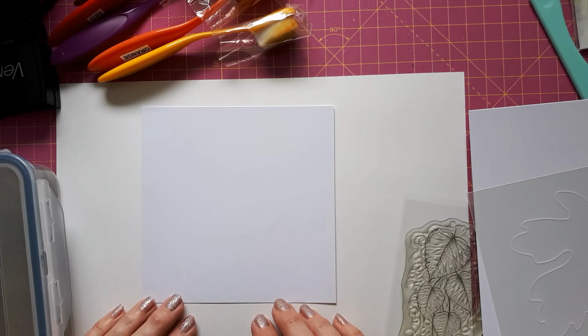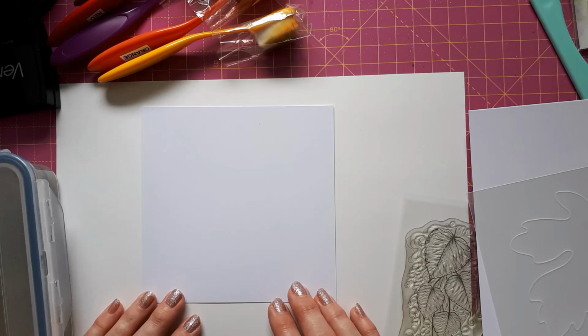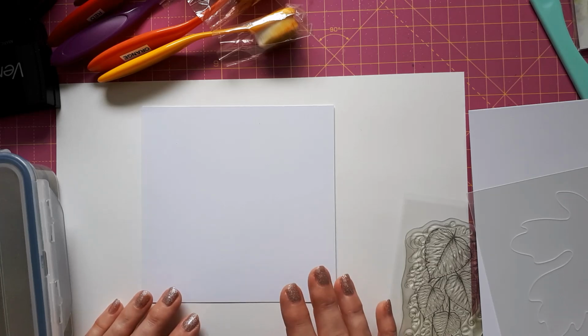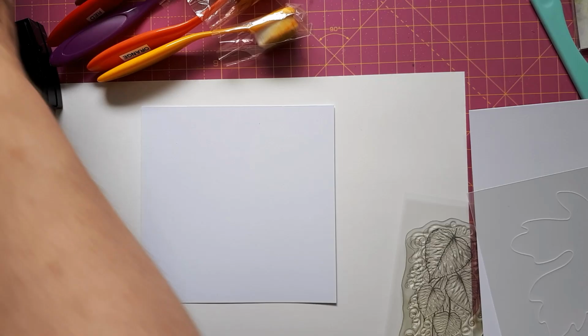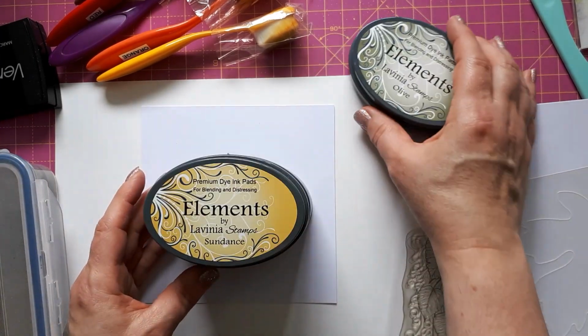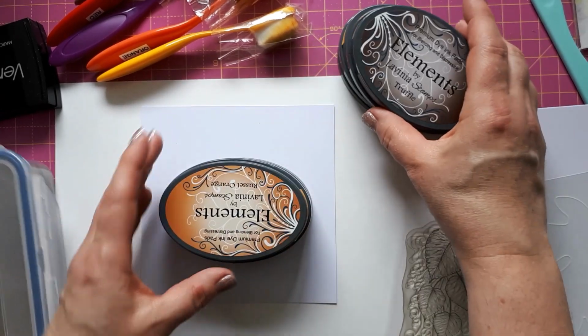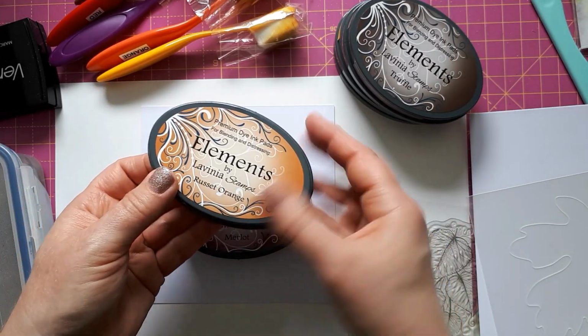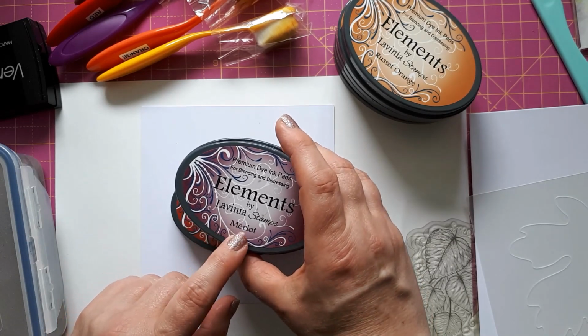And I really love autumn. I love autumn colours, maybe because I was born in October. So I just got lots of my Elements inks out that I would like to use for this, which I've got the olive here, Sundance, truffle, oops, this one's upside down, russet orange, merlot, which I don't use often enough,